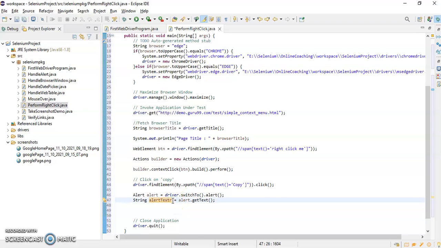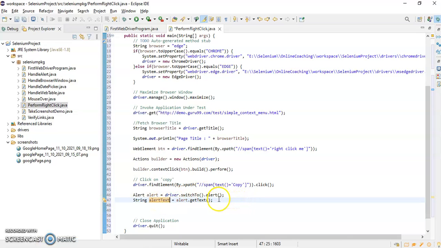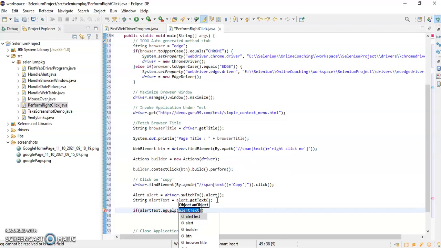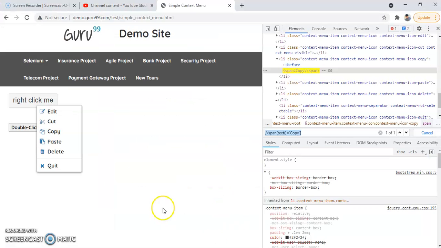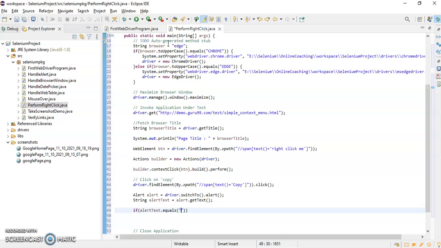After that, we can compare with the expected value. Here we are fetching the actual text value, then we can compare with the expected one, right? So if I write here if alertText dot equals, and here I can provide the expected text value. If I select copy, we are getting clicked colon copy, right? So I can write that clicked colon copy.